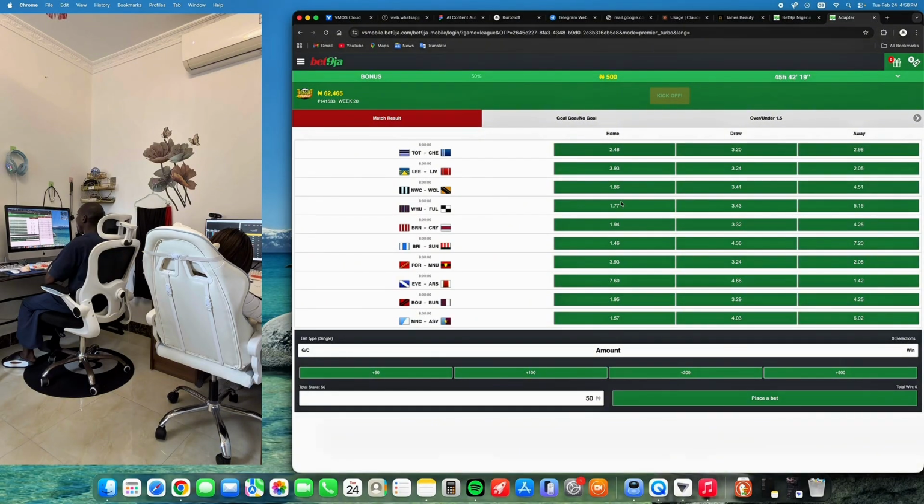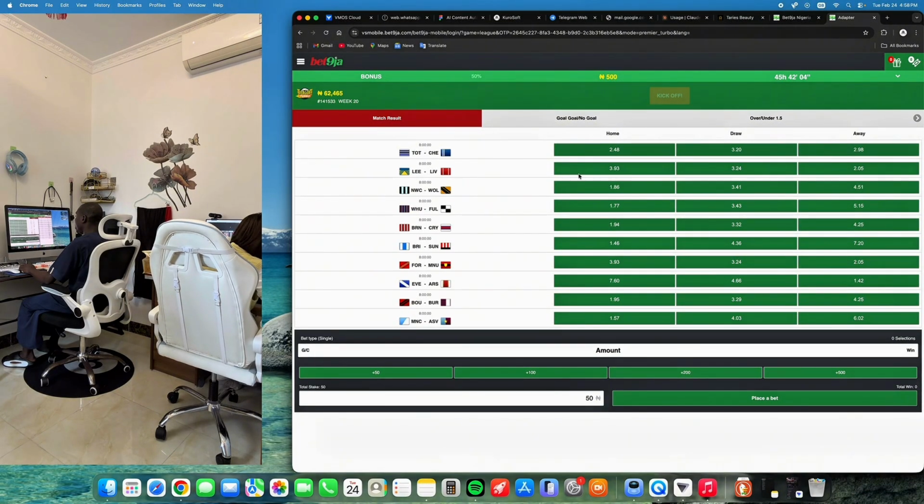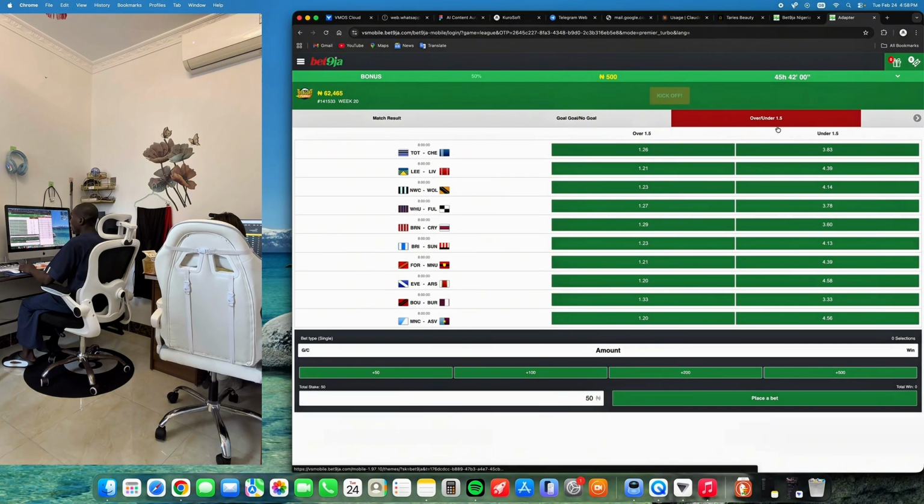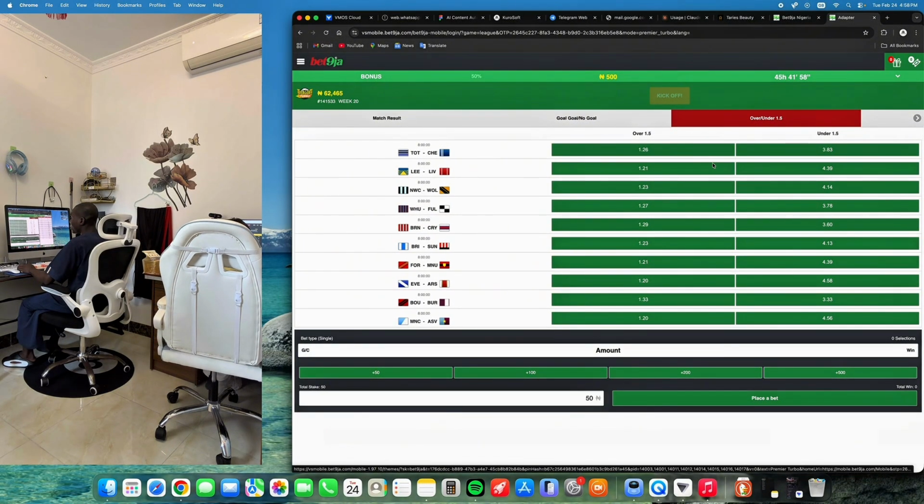Okay, so what I want to explain is the odd builder. Now, before I go into detail on what I intend to explain, let me just explain how to do the odd building, okay? So we'll be using the over 1.5 market for instance now. The over 1.5 market, let's use,